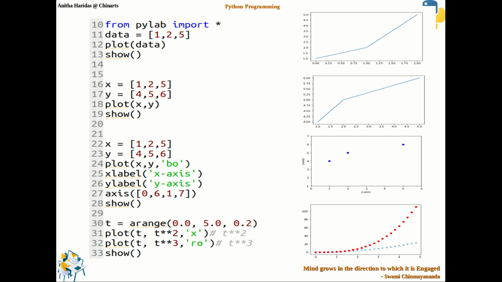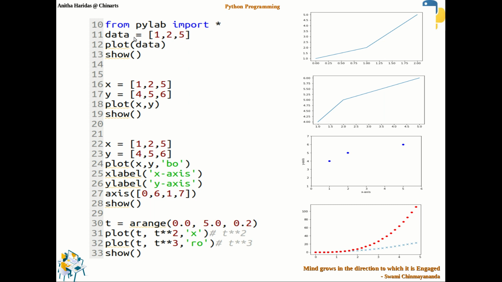Here I am straight away using a Python list, and I store it in this particular variable, and I just invoke the plot function to plot the data, and I call show for that particular plot. If I use this code segment, it will give me this particular graph.